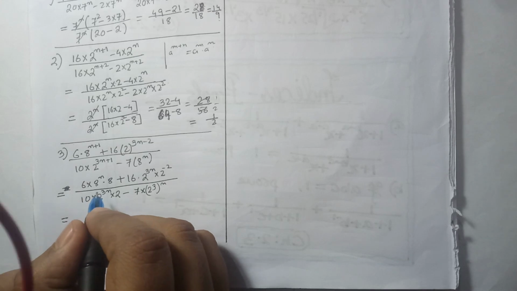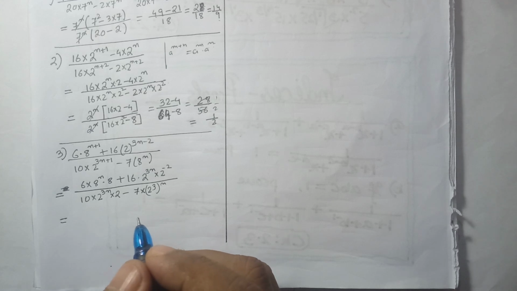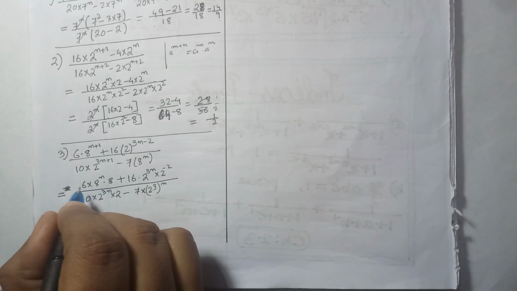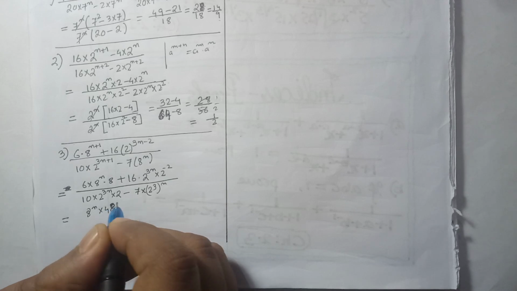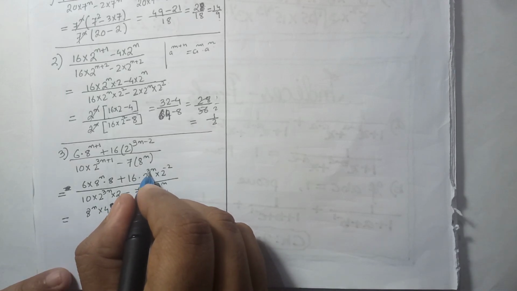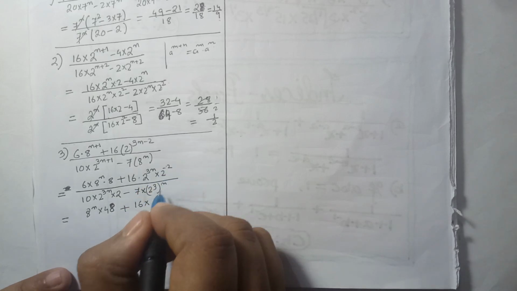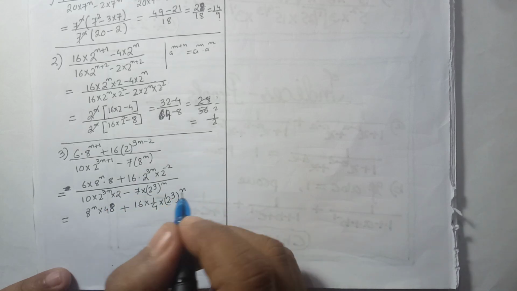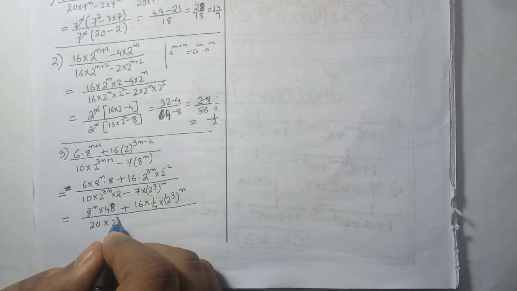Is equal to, so I can write it like this. See, this is 6, 8 6 are 48, so 8 to the power of n into 48 is 48, 2 cube. So this 16, I can write 16 into 1 by 2 square is 1 by 4, and this can be written as 2 cube to the power of n. Here I can write 20 into 2 cube to the power of n